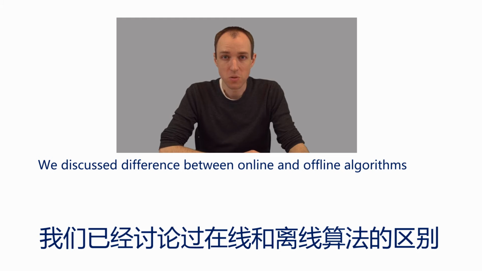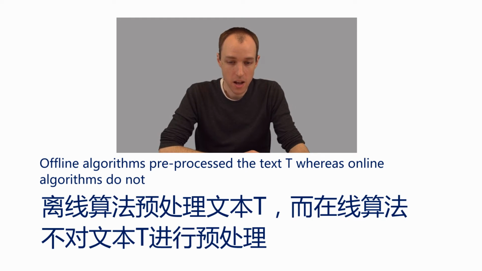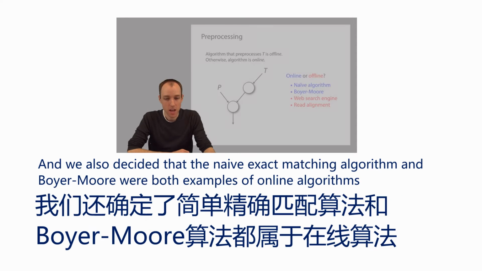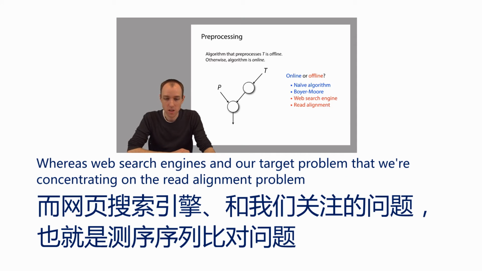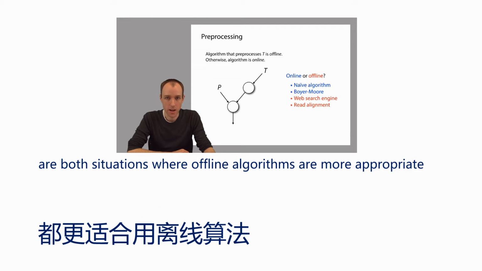We discussed the difference between online and offline algorithms. Offline algorithms preprocess the text T, whereas online algorithms do not. And we also decided that the naive exact matching algorithm and Boyer-Moore were both examples of online algorithms, whereas web search engines and our target problem that we're concentrating on, the read alignment problem, are both situations where offline algorithms